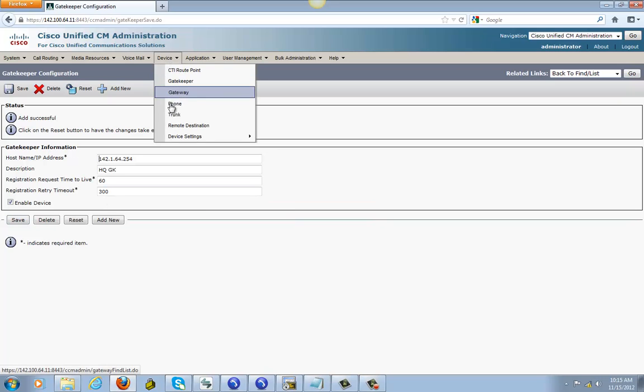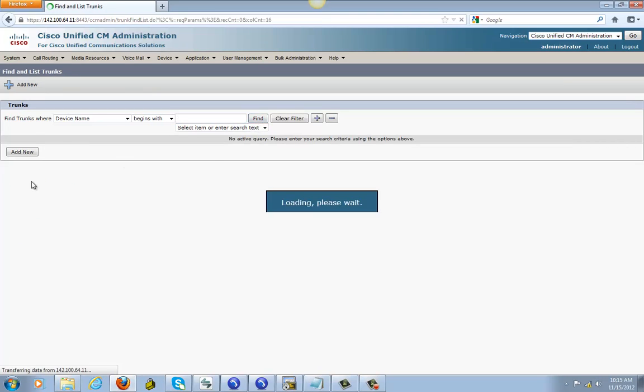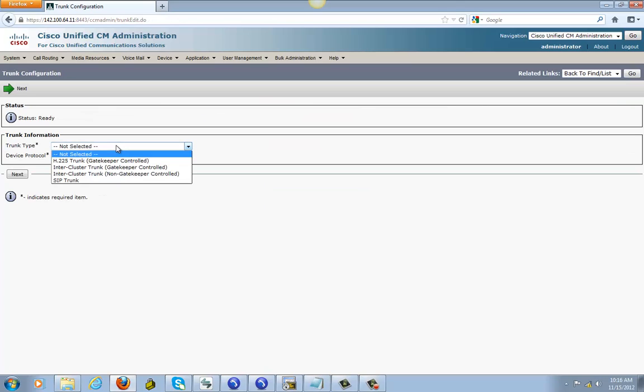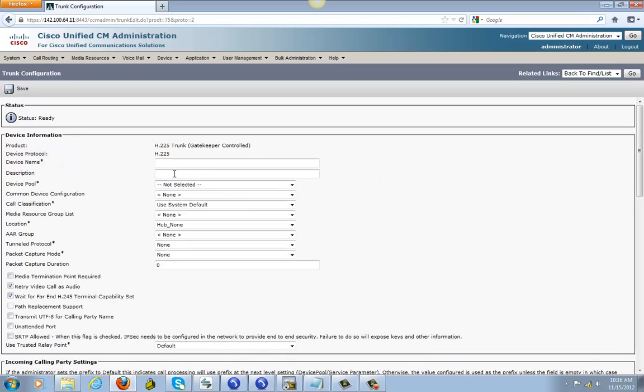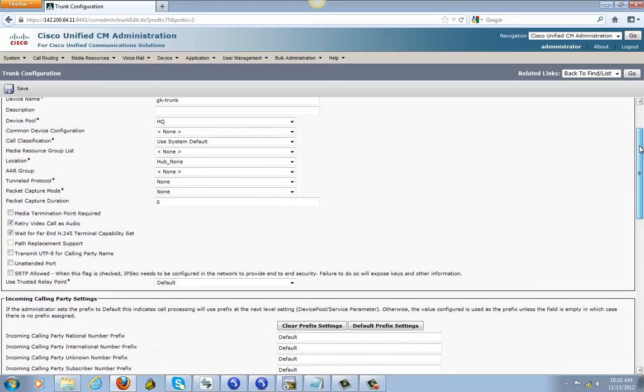Next is create a trunk, Gatekeeper trunk. Type is going to be H225 trunk. Next. And the name of it, call it whatever you like. I'm going to call it GK trunk, Gatekeeper trunk. Give a description you like. Right now I'm gonna just put in headquarter for the pool for now, but I'm gonna create another pool called Gatekeeper. So it's gonna have a region, a codec of G729 later, but right now I'm just setting up